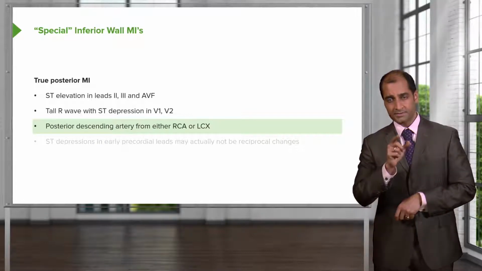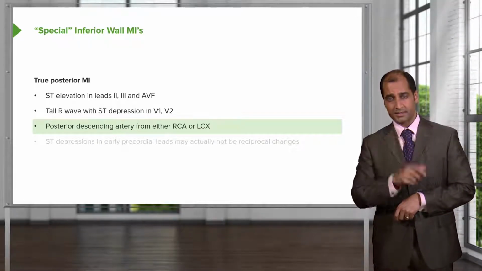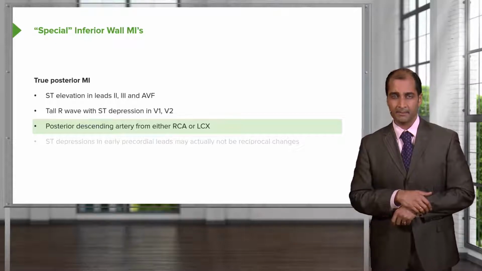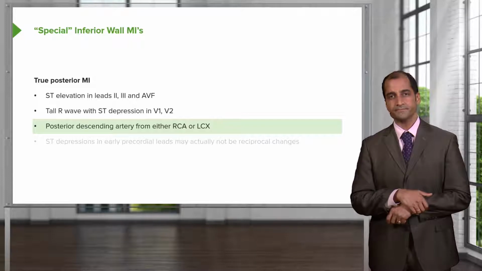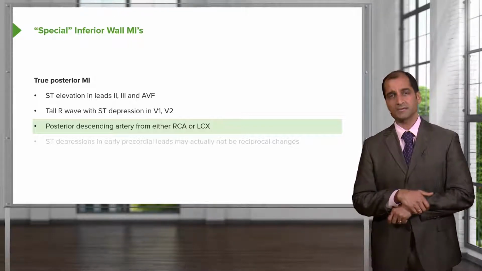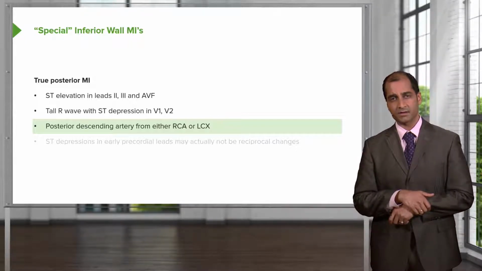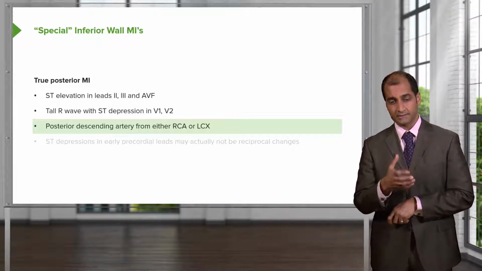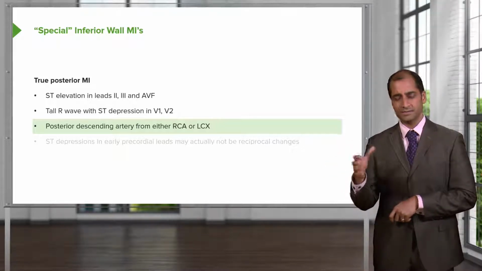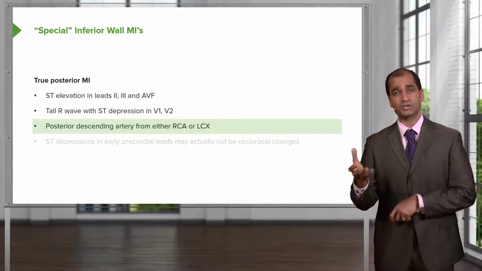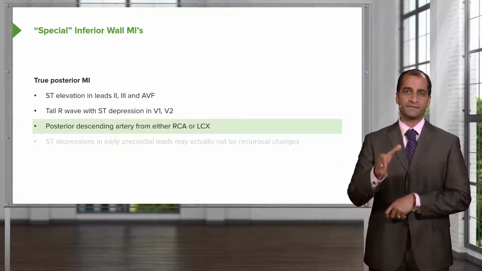A posterior descending artery from either RCA or left circumflex. Now, that posterior descending artery becomes very important to us, does it not? In anatomy, if you remember, you refer to what's known as right dominant and left dominant. The majority of your patients will be right dominant, right? That's because a posterior descending artery might be coming off of that. So what you need to take out of this for you clinically, and any question that you might get from anatomy,